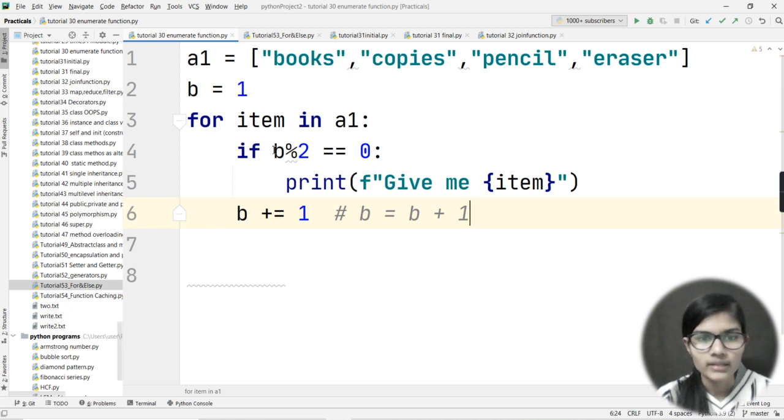So this condition would be false for 1 and 3, but it would be true for 2 and 4, because 2 % 2 is equal to 0. So here I have just written the condition: if 2 % 2 is equal to 0, then print me that, give me that item where the index is